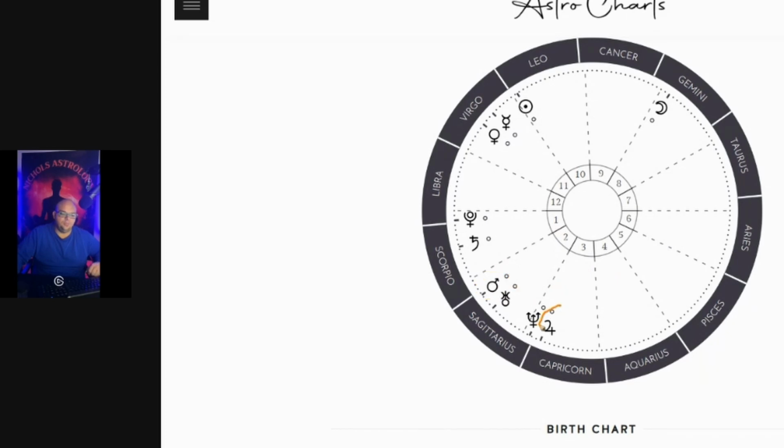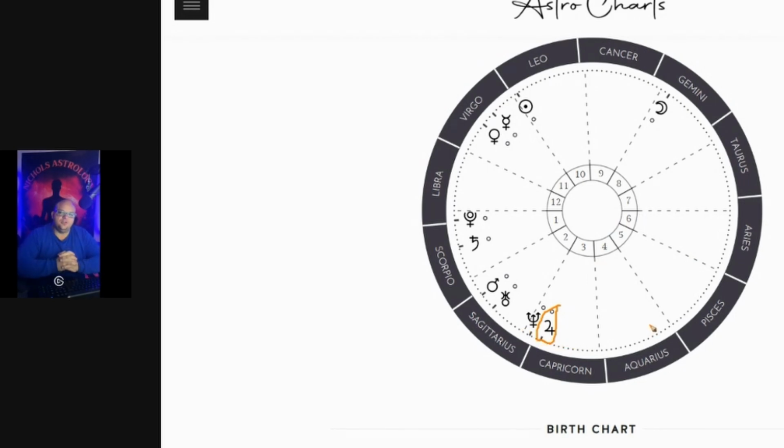Next, we got Jupiter, but it's not stupider. Okay, we're starting to get out to what they call the generational planets. It takes Jupiter about 1 year to get through each sign and about 12 years to go all the way around the sun and back to where it started. But Jupiter